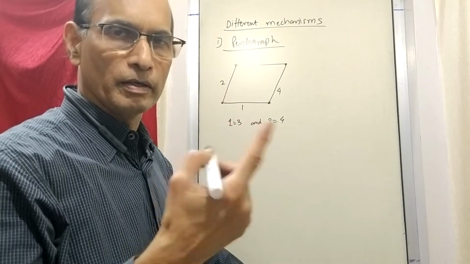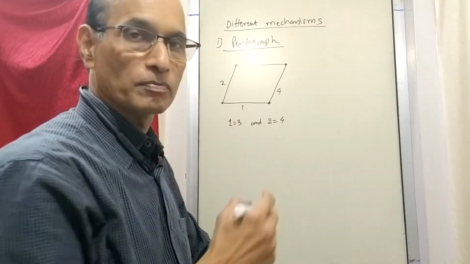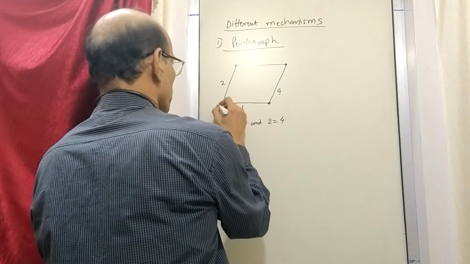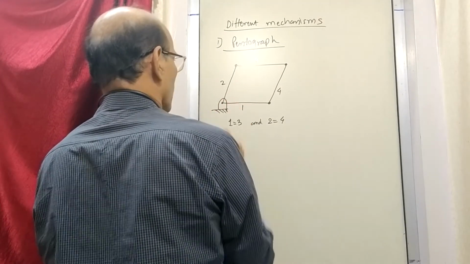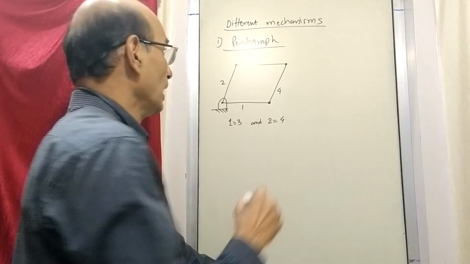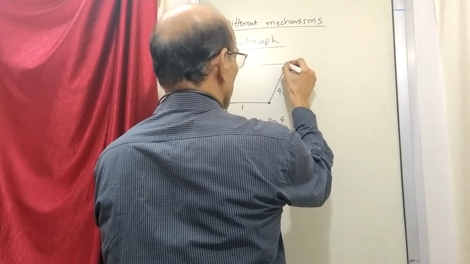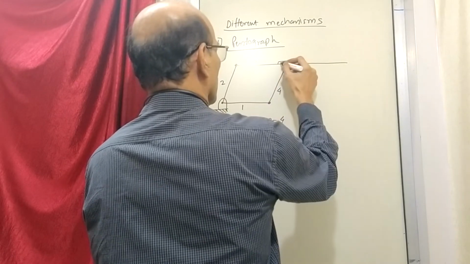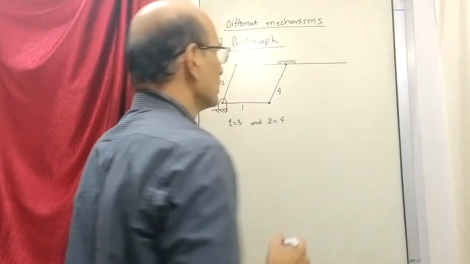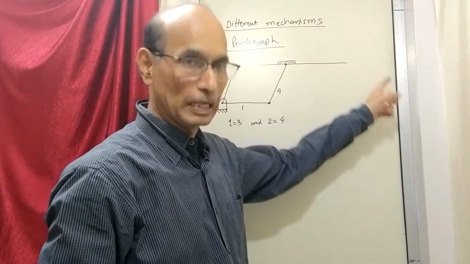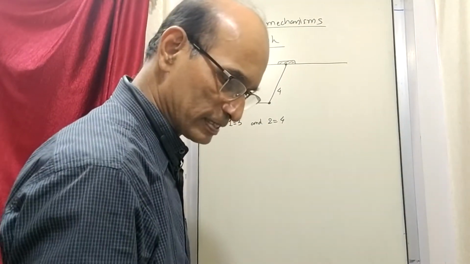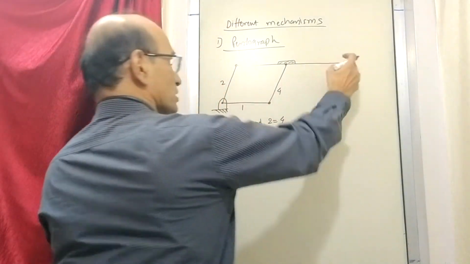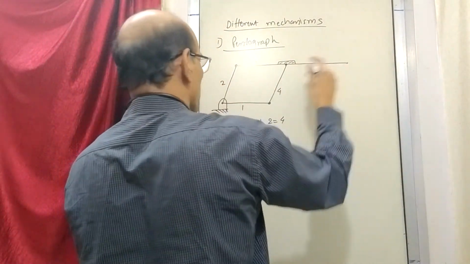It is like a parallelogram, so the opposite links are of the same length. Okay, and then what is done here is that only this point is fixed, only one point is fixed, and then link number 3 is extended like this. It is the same link. Now what is happening is, if you think about this end, which is the free end, and this is the fixed end, and you join them by a line,